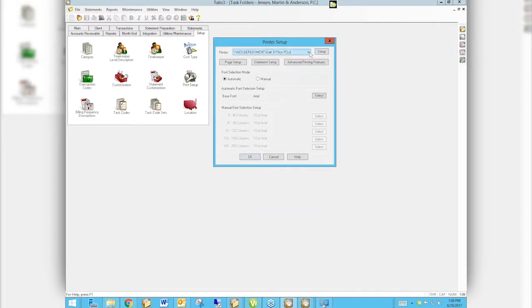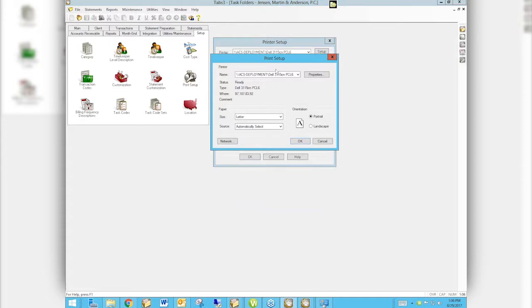So we have our printer list here. You can do your drop down and see all your available printers that you have. These are the ones we have right now. This screen has some page setup, statement setup, and advanced printing features, and we're going to go through all of these. And you also have the ability to click on the setup button here and go directly into that printer's settings to do landscape or change